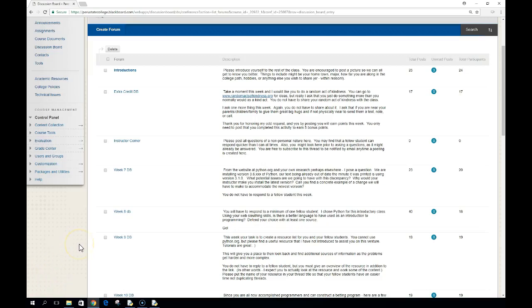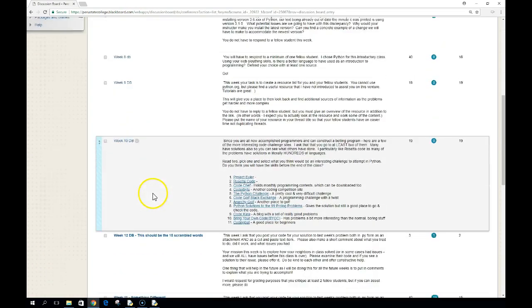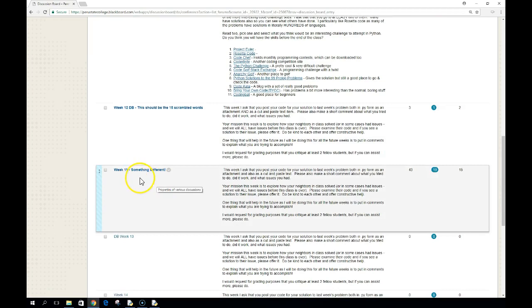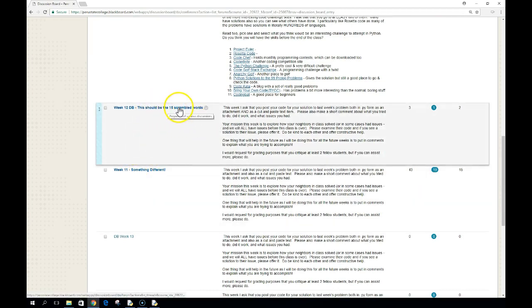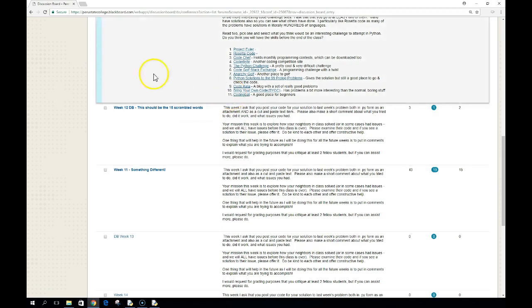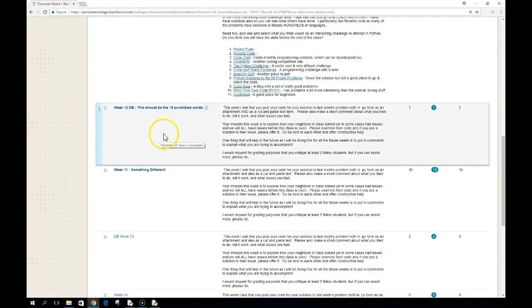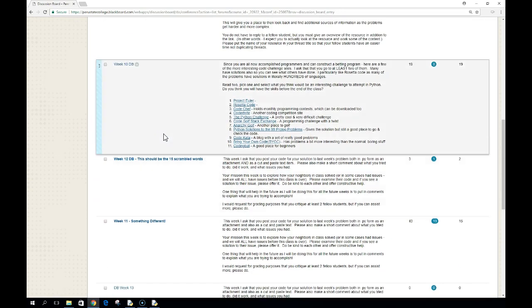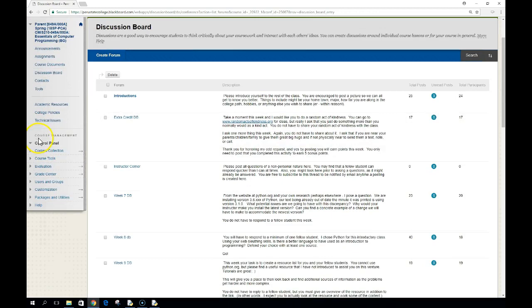All right, so make sure you have posted in the discussion board just to try to help. I put in here that this is the scrambled 15-word assignment, should be week 12. That's the one you should be posting into the discussion board. So hopefully you can find some help for other people, give them some advice, try things out, see what other people did. Now, what I have done in the assignment folder,